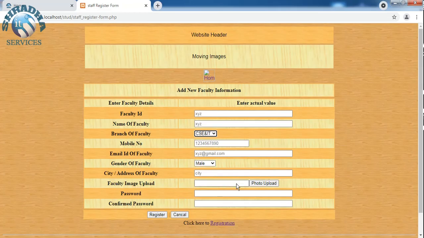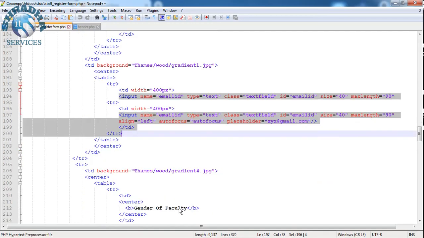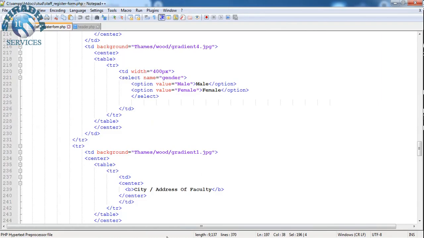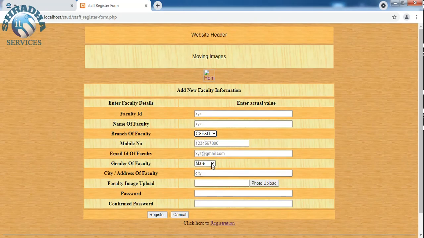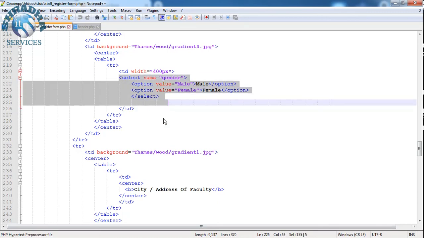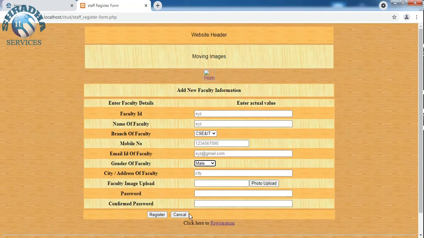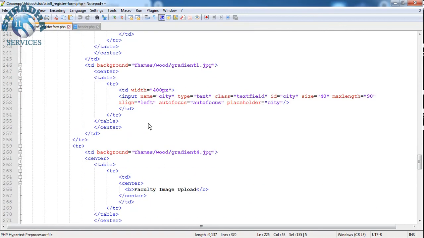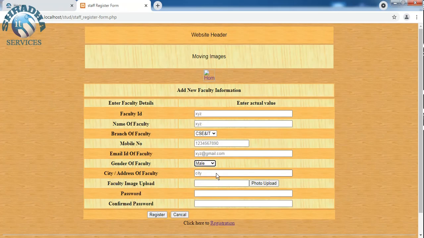Now here is the file uploading facility, but we are not implementing these things yet. Just understand, okay. For address, the male and female options are shown here, so those two options are only written here, okay. Then there is some file uploading, and a text area is given for the city,